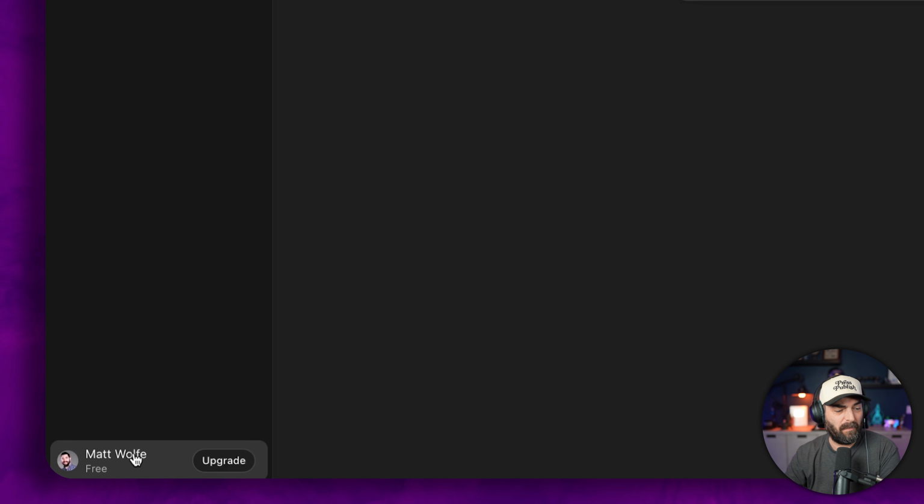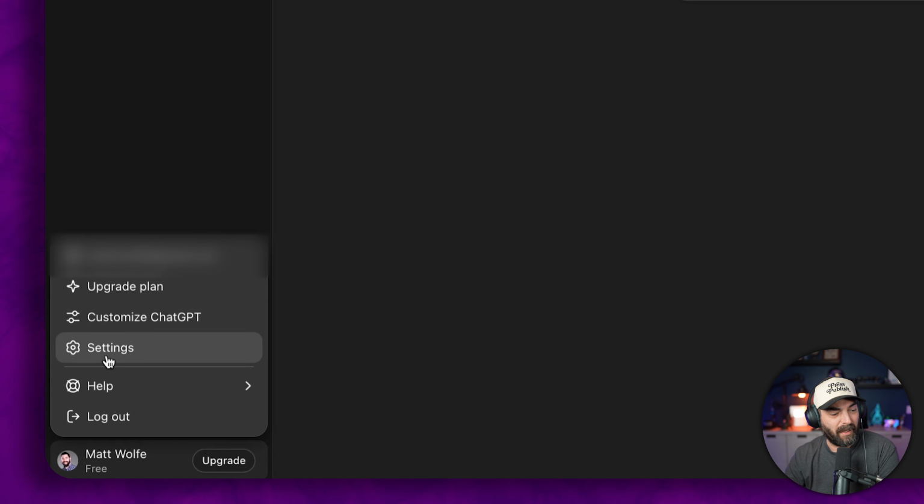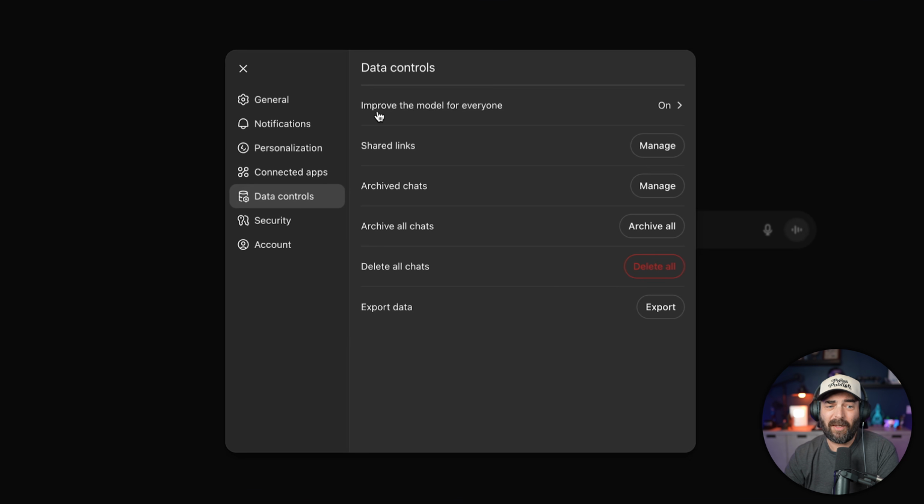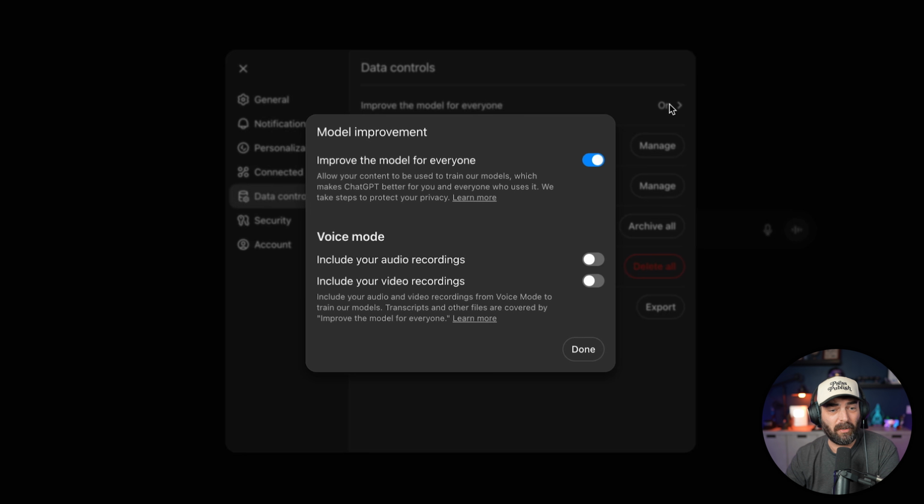If you click on your name down in the bottom left here, and I click on settings, and then I click on data controls here, you can see that you have the option to improve the models for everyone. And it's turned on by default. If I turn this off, improve the model for everyone, you can see that what this is doing is it's no longer allowing my content to be used to train the models. So again, if you want to make sure your data doesn't go back to ChatGPT to train the models, you